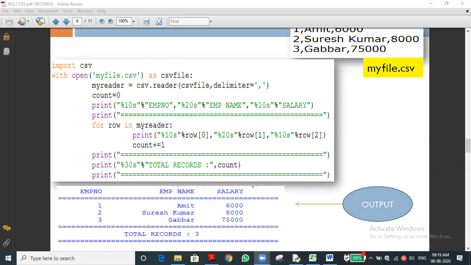Sir, does the reader function know how many rows are there in the table? Correct. For easy understanding, I will tell you: in the beginning of the text file chapter we used the read function.